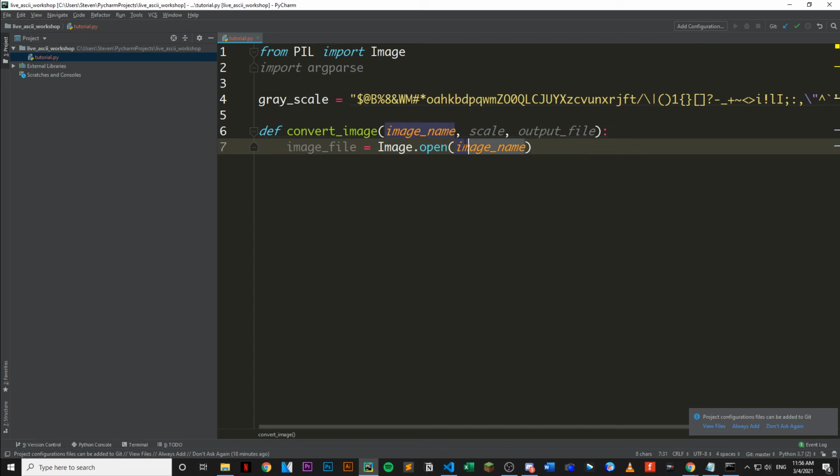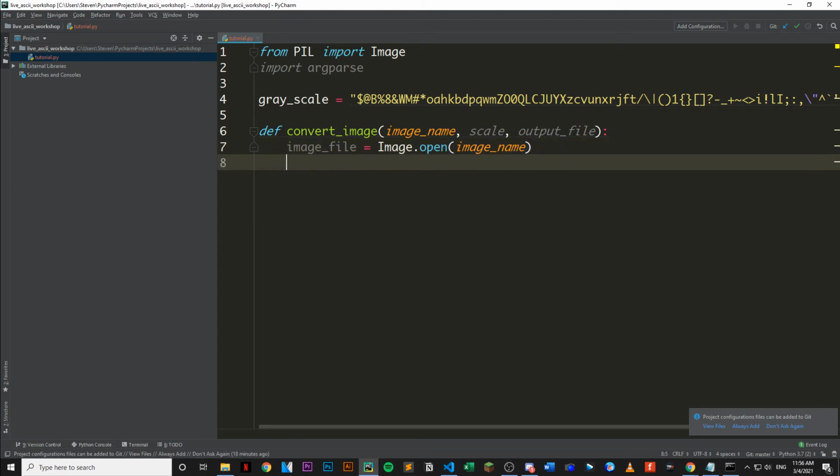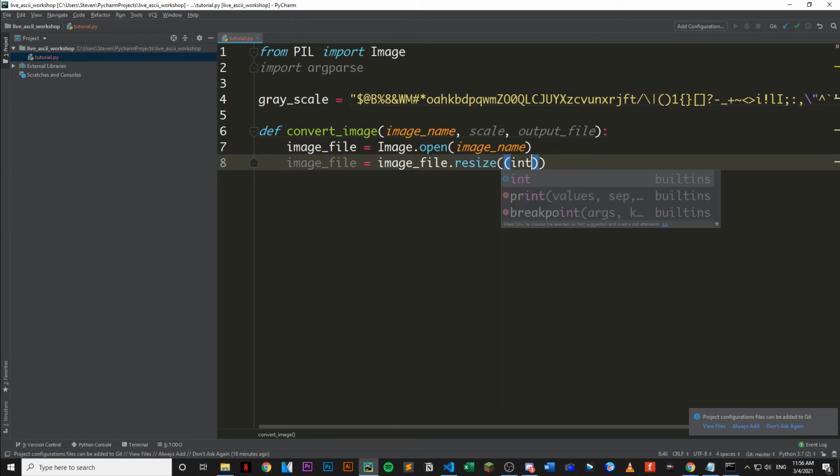So this is the name of the path name. So let's say our image is called like image.png. So it'll be here, and we open it using this image library, and we store it in this variable. And we're doing that because in the next line, we want to rescale it, right? As I said before, we can use something called Imagefile.resize, and we're gonna pass in the new size,